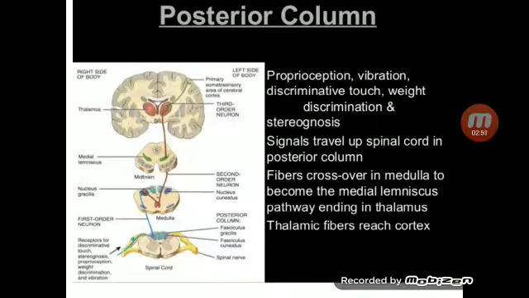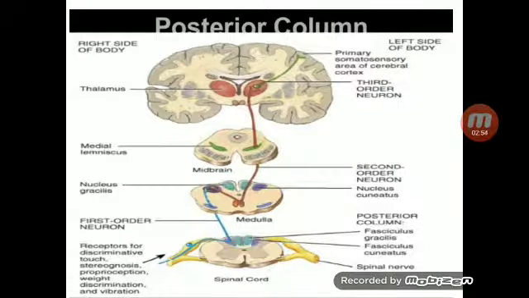So let me show you a better diagram. Now look at this diagram very carefully. Through special receptors like Meissner corpuscles, Merkel discs, Pacinian corpuscles, Ruffini corpuscles, and free nerve endings, fibers from these receptors bring in information as first order neuron. Please see the ones in blue color, which is located in the dorsal root ganglion, and this is a pseudounipolar neuron, projected into the dorsal gray horn of the spinal cord.